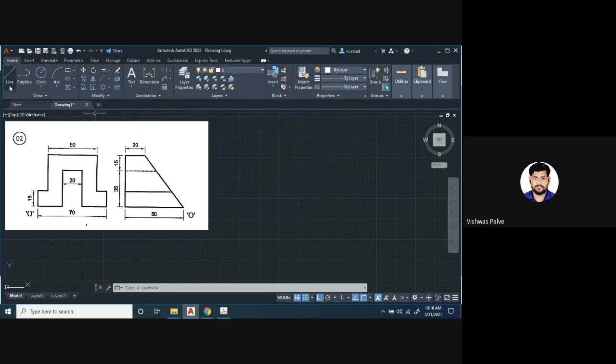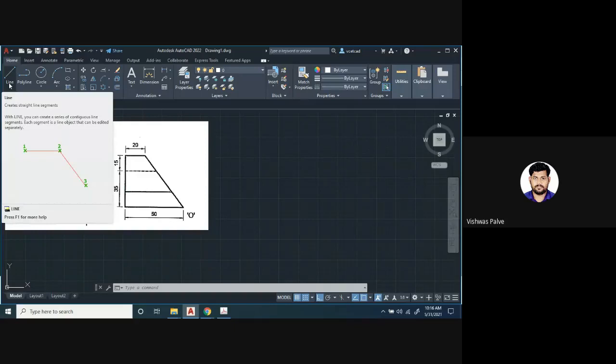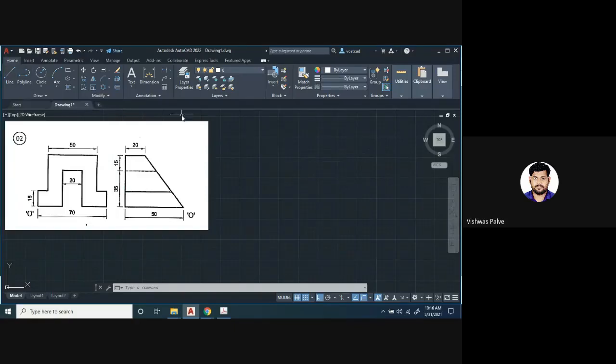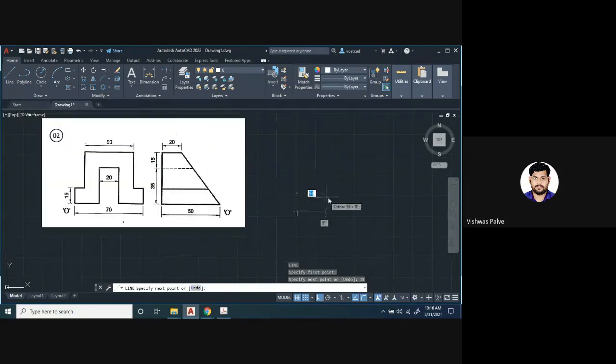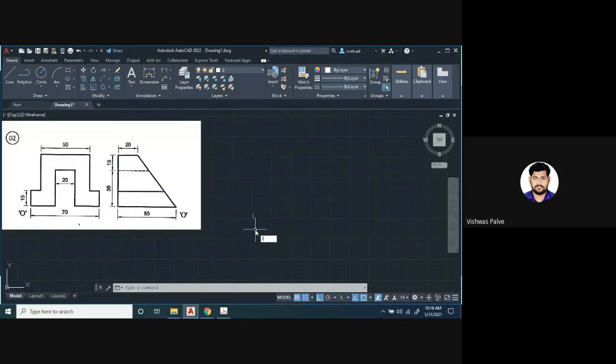So let us first see how to draw this. Okay, so line option, L enter, starting with some point, vertical line of 15 millimeter. I will start with this O point, origin, right? Here, vertical line. Then I want to draw a horizontal line of 70 millimeter from the bottom. L enter. I can use this 70 millimeter, right?